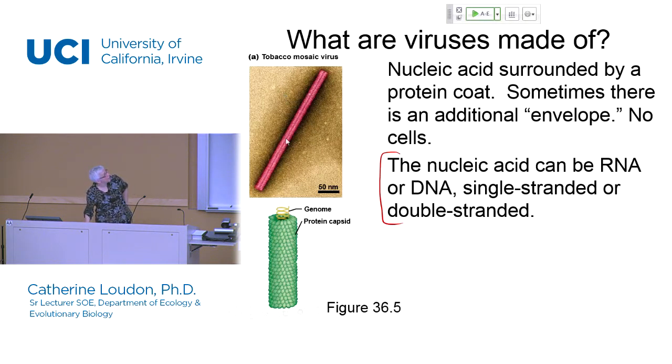And this particular example of a virus looks completely different than the bacteriophages we were just looking at. If you look at the name up here, it says tobacco mosaic virus, so this is in fact a virus that infects tobacco plants, among some other plants. And here in this particular diagram, again, you can see the genome in the middle. It's yellow in this particular diagram, and you can see it's in a helical shape.